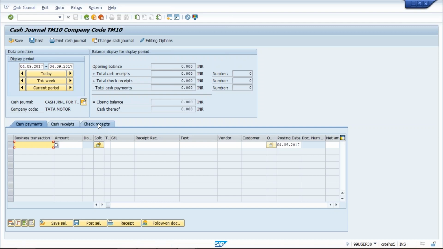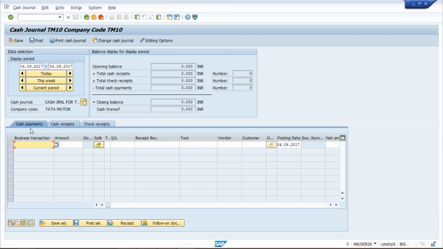Let's suppose a scrapper has come and bought scrap worth 5,000 rupees and given you a check of 5,000 rupees. That will also be treated as a cash related transaction, and we can enter it here. But generally, this never happens. That can be recorded even in cash receipts also.